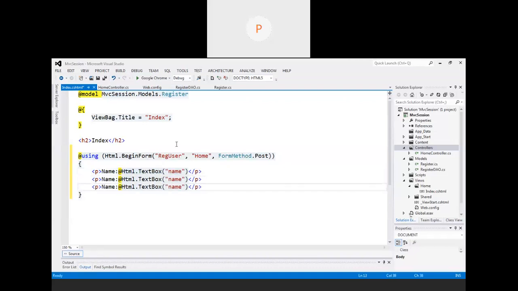Then we have to create the email ID. For now, I'm not applying validation, but when you create this example, you have to apply the validation, because yesterday we saw how to apply validation on any HTML page. But instead of TextBox, I need to use Password.